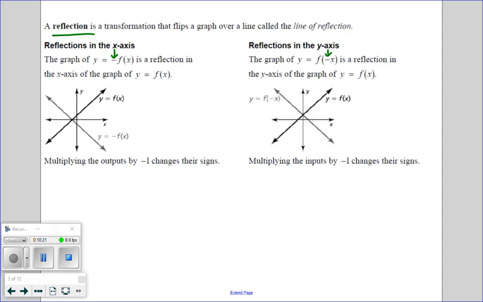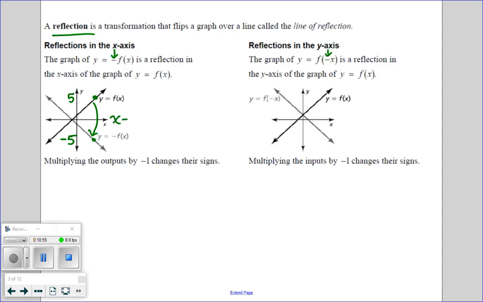So just like what we discussed, if that sign change happens outside of f of x, then we're looking at the output changing sign. Does that make sense? The output is changing signs. So let's say, for example, at this point right here, my output was 5, and then I reflect that output, it would be down at -5, right? So we're looking at a reflection that reflects vertically up and down, but my line of reflection is